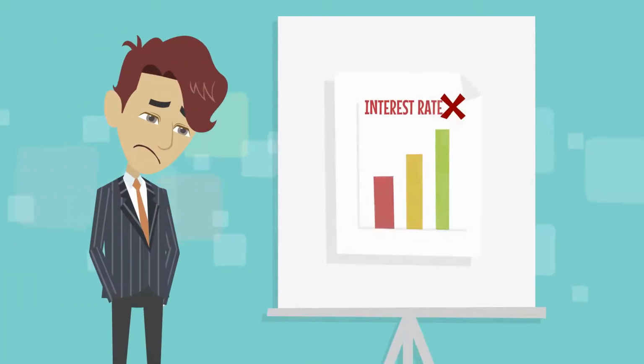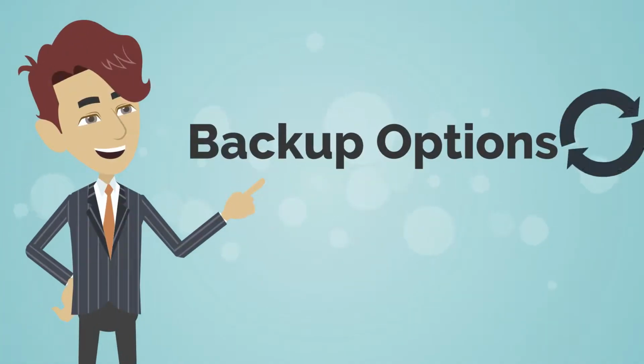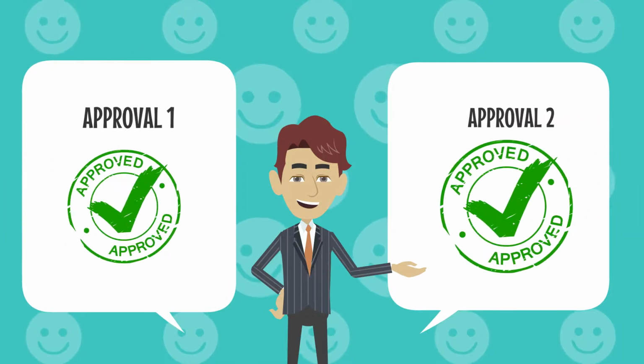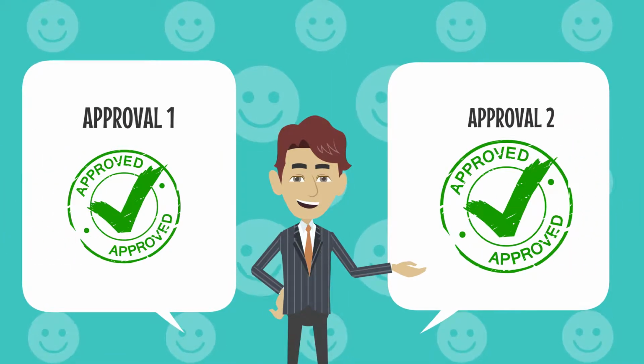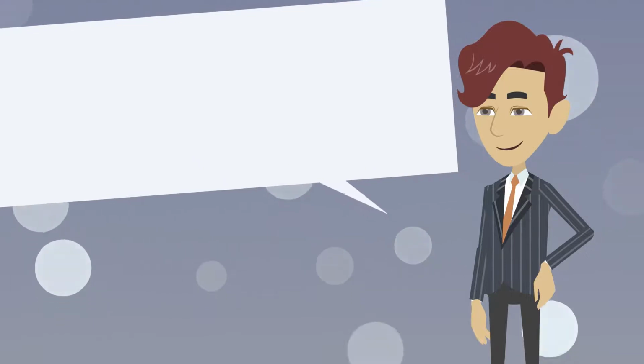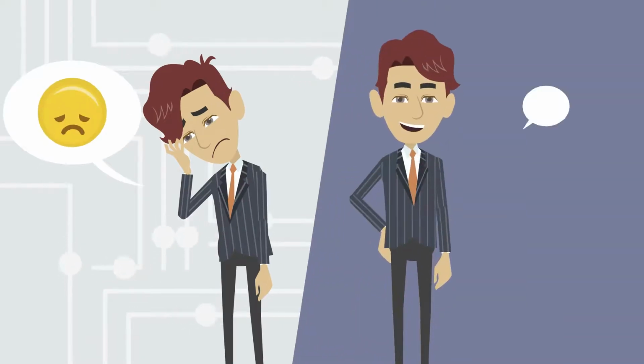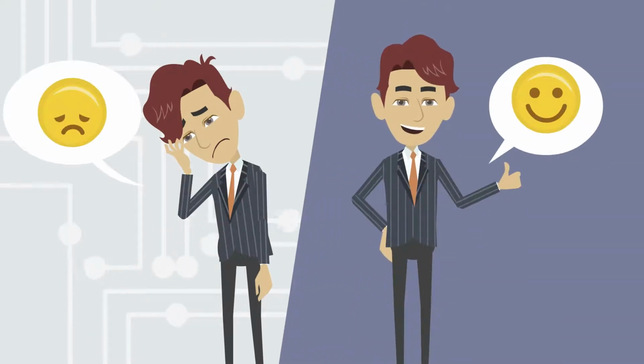Unfortunately, one of those banks increased its interest rate right at the end of the deal, making my friend decline their offer. Then he went with one of the 2 backup options he had. He then used the 2 remaining approvals to make the banks negotiate against each other. This allowed him to get an even lower interest rate than the first bank's initial offer. What seemed like a tough decision at first, he ultimately came out of that with a great deal for his